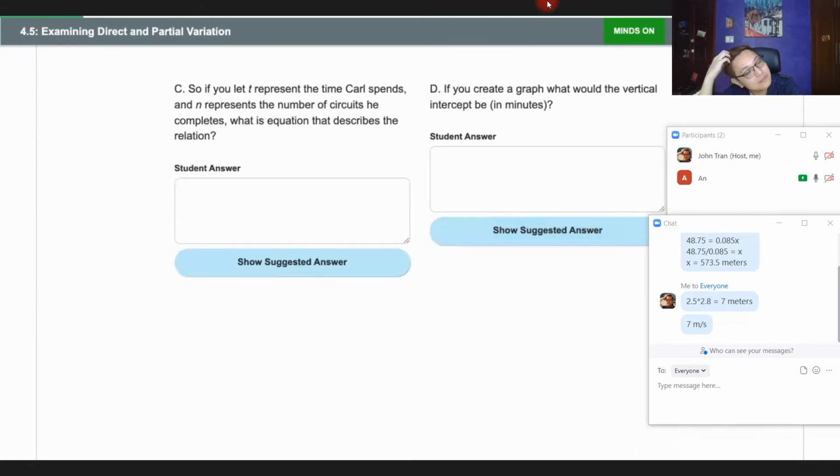So if you let T represent the time Carl spent and N represent the number of circuits he completes, what is the equation that describes the relation? I think this would be